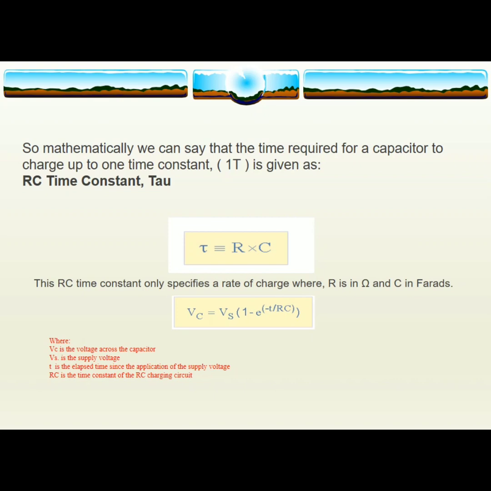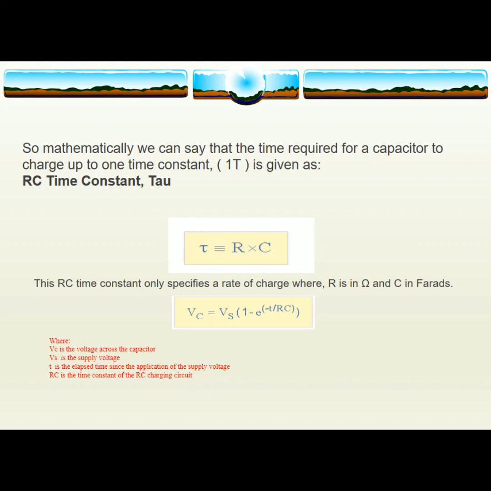Tau equals R times C. This RC time constant only specifies a rate of charge, where R is in ohms and C in farads. Since voltage V is related to the charge on the capacitor by the equation Vc equals Q over C,